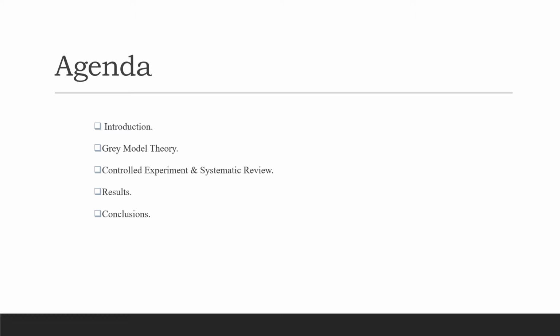Leading on to that, we'll go on to how we actually evaluated and tested the theory against the problem, as well as other research conducted to investigate more deeply the topic using a systematic review. Then we'll look at the results and also the conclusions and discussions around what we observed from the experiment.